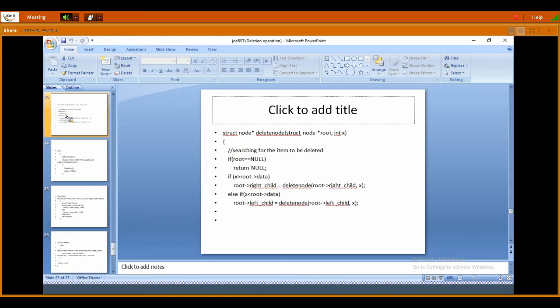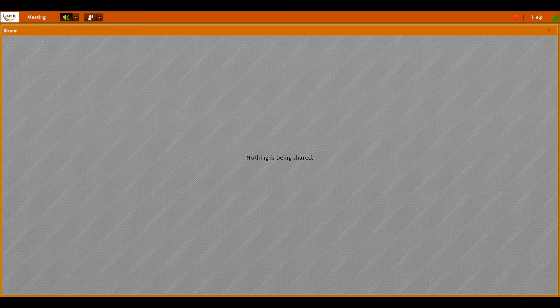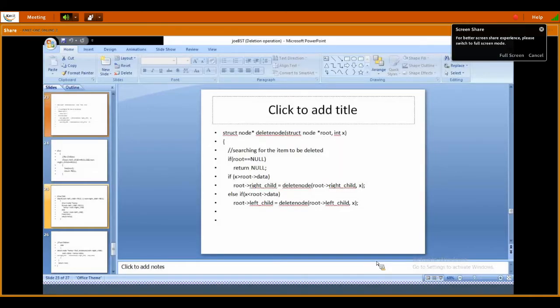So every time, this is a recursion concept. I don't know how good you people are at recursion, but let me see now.